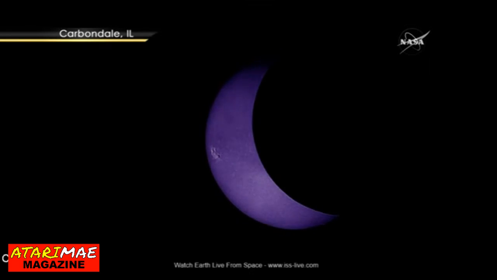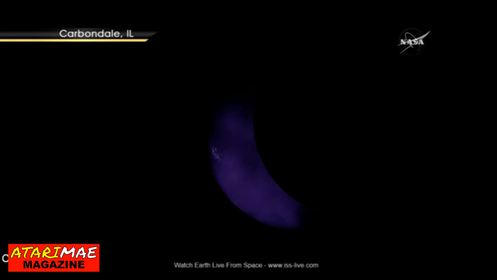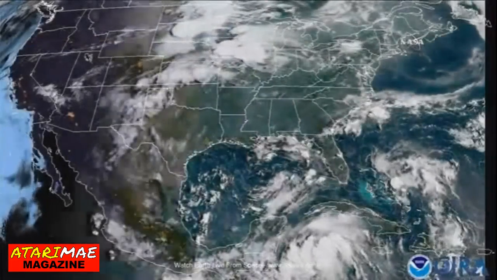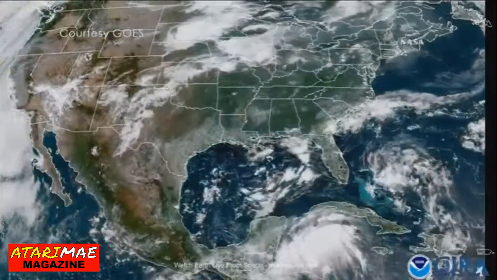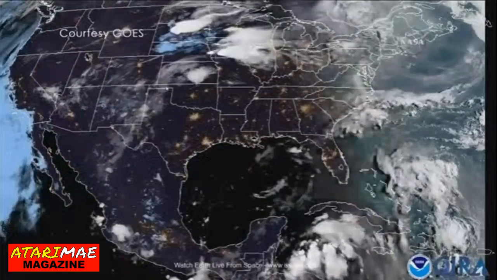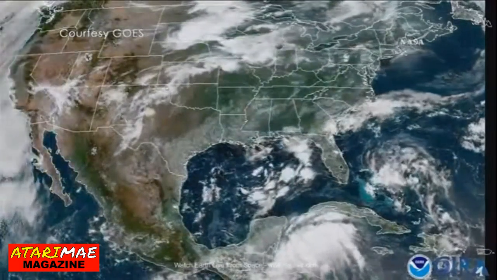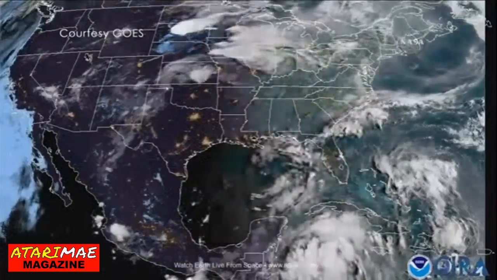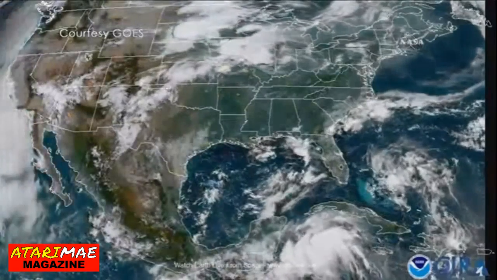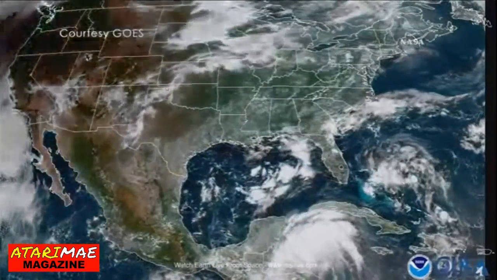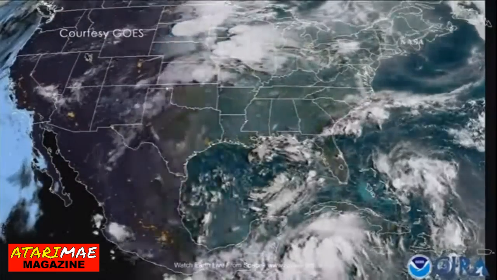Talk about moon shattering. That's right, Dwayne. We've got some really incredible imagery for you. This is from the GOES-16 weather satellite, launched last year by NASA for our friends at NOAA. What you're seeing in the western portion of this image is the moon's shadow being cast over parts of the path of totality. And of course, you see the cloud cover across the U.S. as well. As I was telling you earlier, it's looking pretty good for most of the western parts of the U.S. that are in the path of totality.